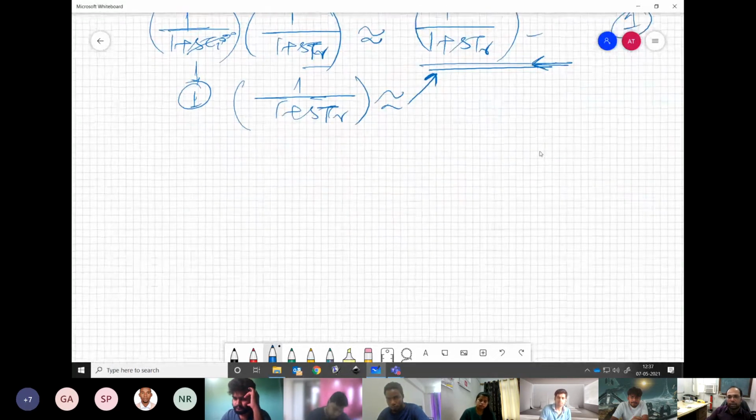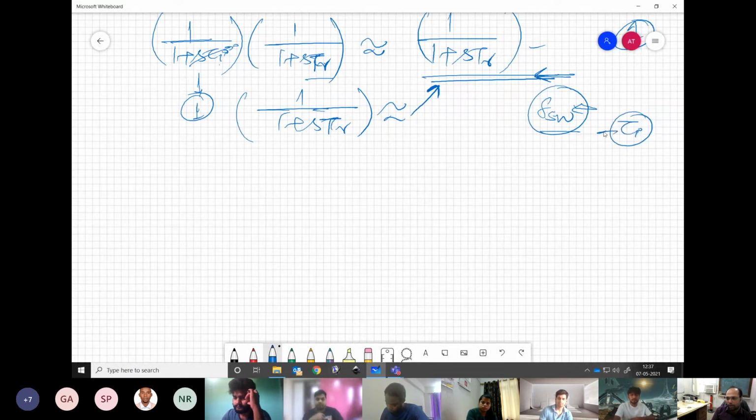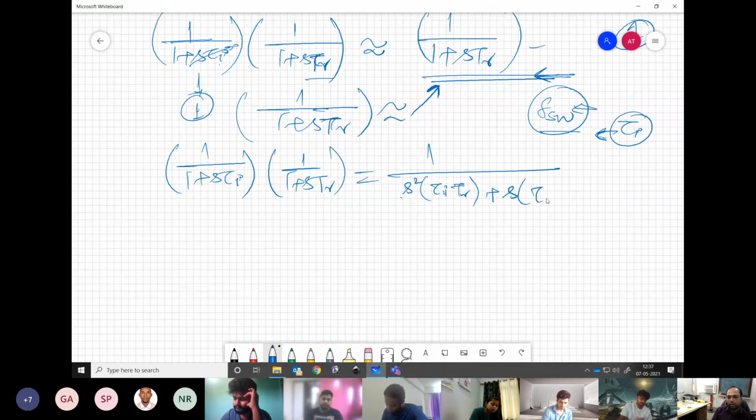The other approximation could be if, let us say, your switching frequency is not very high compared to your fundamental frequency. So this tau I will also start coming closer to your other parameters. Then in that case, we approximate it by considering tau I also. If you multiply these terms, it will have s squared tau I into TR plus s times (tau I plus TR) plus 1. This is the actual product. There is no approximation involved here.